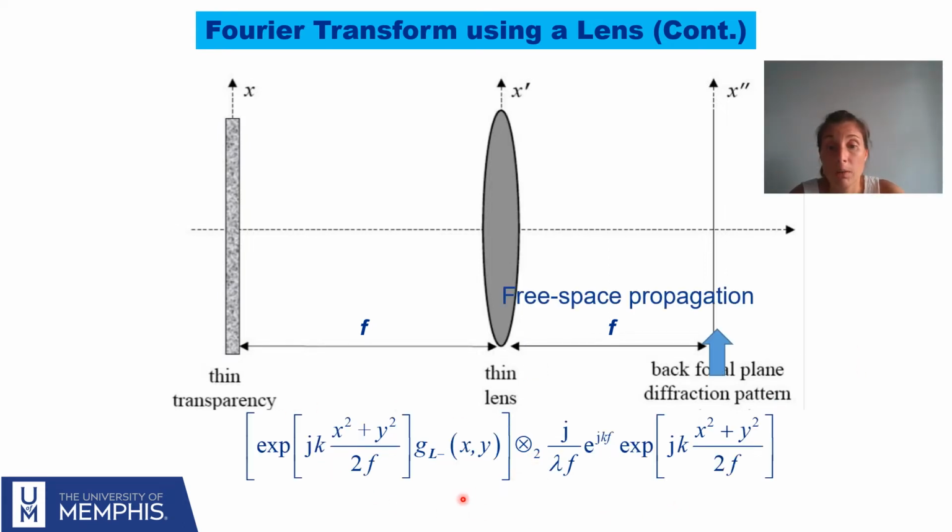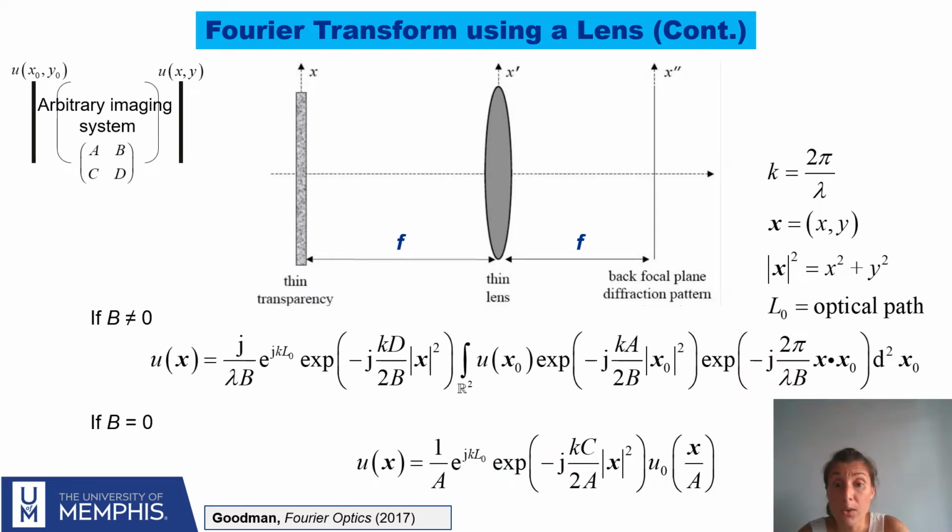So that's going to become our new input distribution, and now we need to multiply with the input response just to go to the back focal plane, because that's the information that we want. That's the diffraction pattern that we want to know. Alright, so all those steps that you can solve by solving the convolution integral,